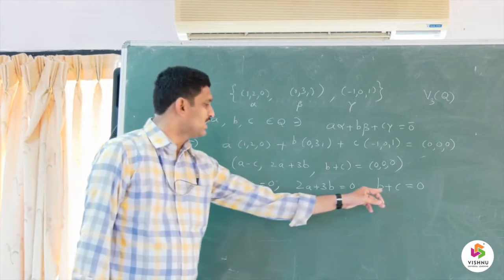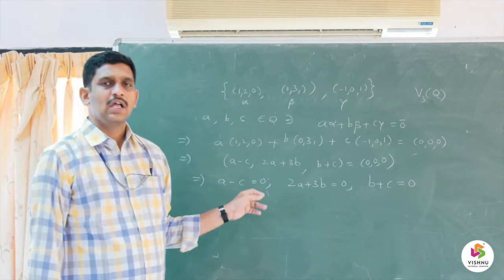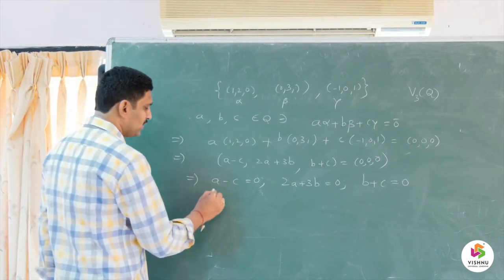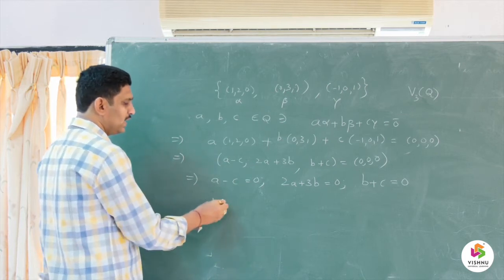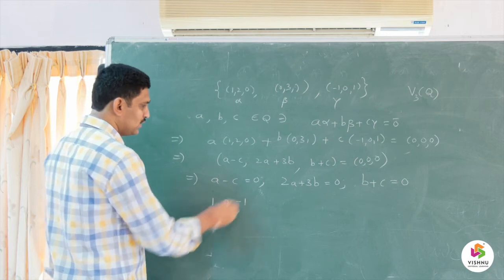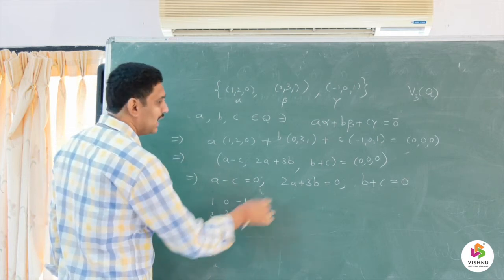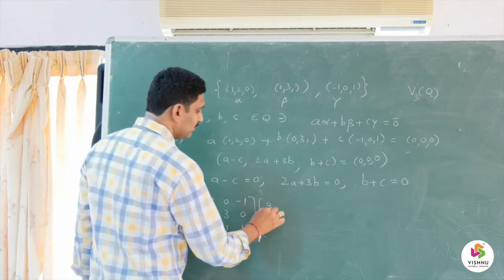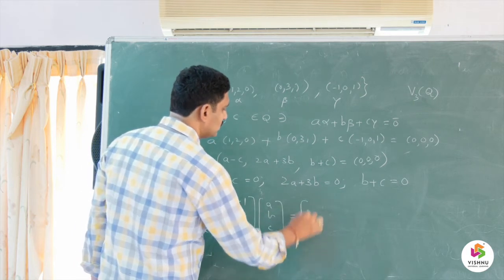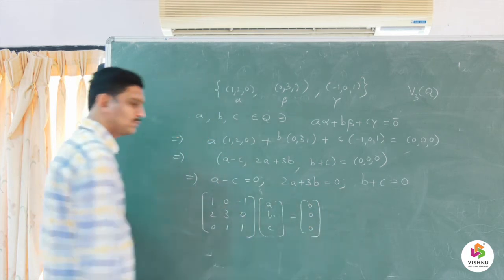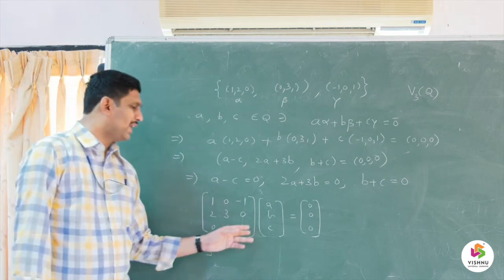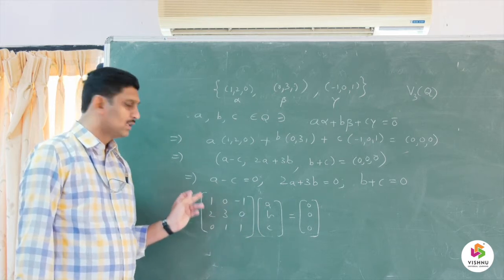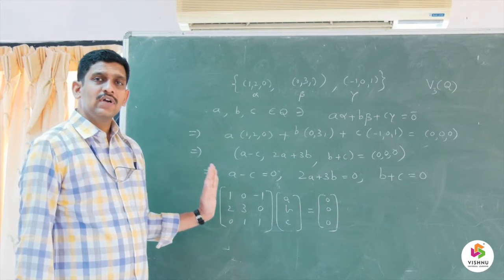Now how do we solve this? We will write the respective matrix system for these equations. The homogeneous system AX equal to 0 that we take here. From the first equation, the A coefficient is 1, B is not there so we take 0, and the C coefficient is minus 1. Here you have 2, 3, 0 and here you have 0, 1, 1, times (A, B, C), which is equal to (0, 0, 0). While applying the row operations, I consider only the coefficient matrix. So let us apply the row operations and convert this into echelon form.